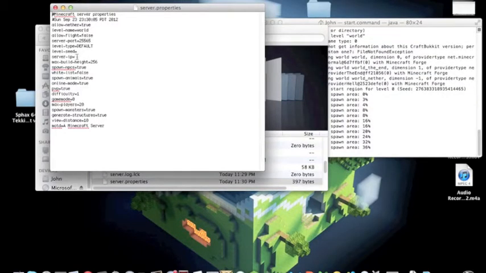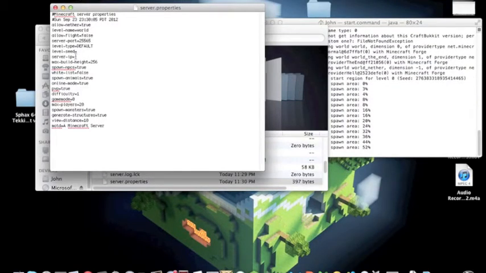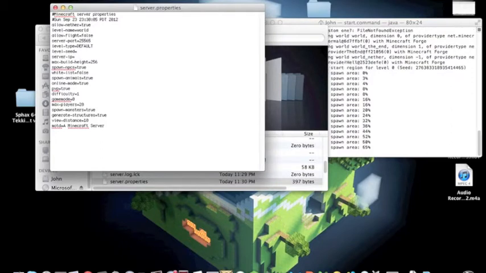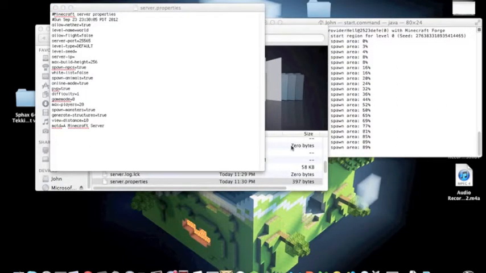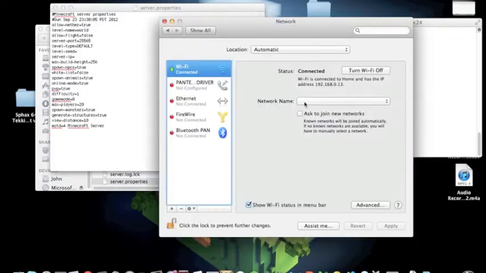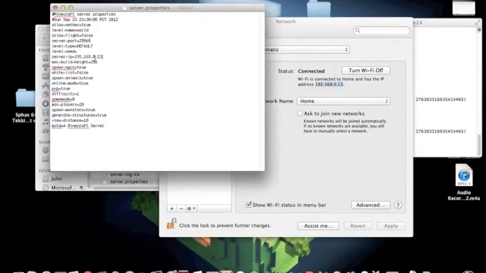But anyway, next, here at your server IP, to find your server IP, you're going to click this up here and open network preferences. Just go ahead and open that up. And this right here you can copy. Make sure you don't get the period at the very end. And copy that and paste it right where it says server IP,